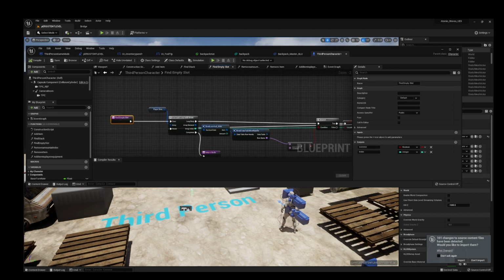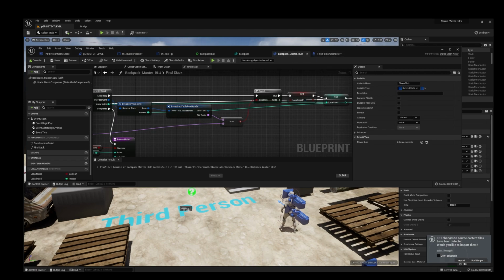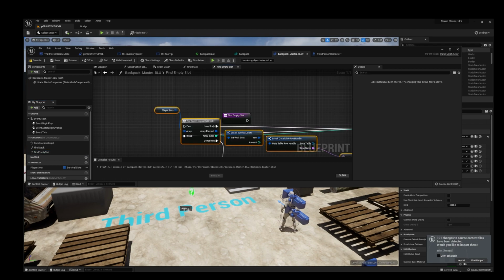So inside of our find empty slot, we're going to do the same thing. Copy, create a new function, find empty slot, and paste.